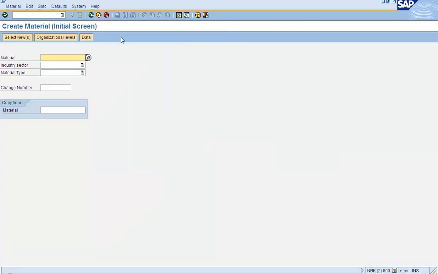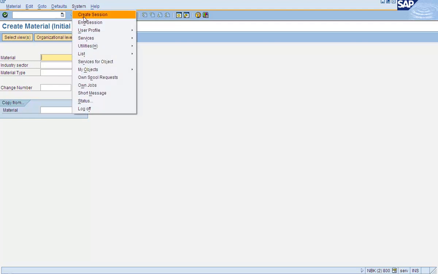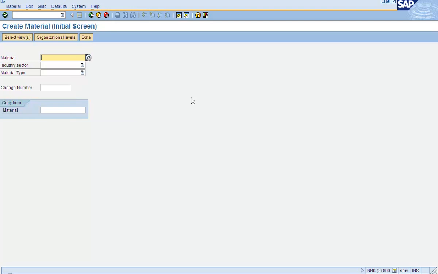Let's go to the screen. The other one would be go to system and say create session. Okay, and I'll show you the third one. Now, for every log on, you logged in only once now, right? So every log on you can create up to 6 sessions. So I have 3 sessions open now.